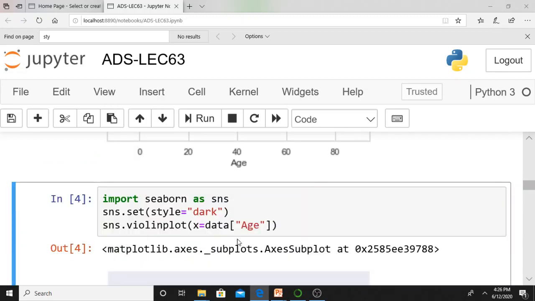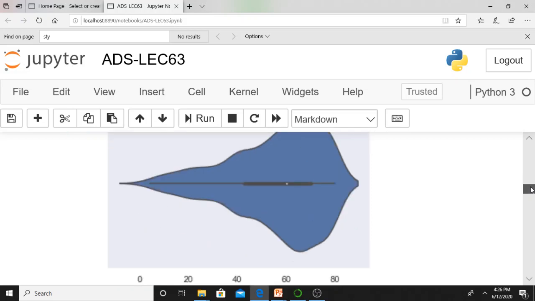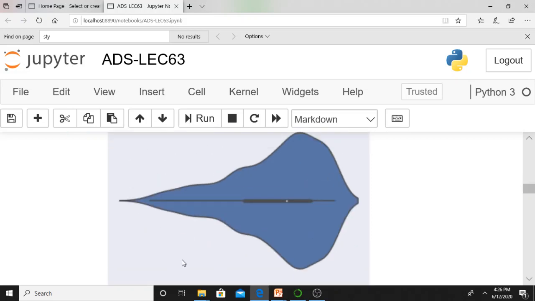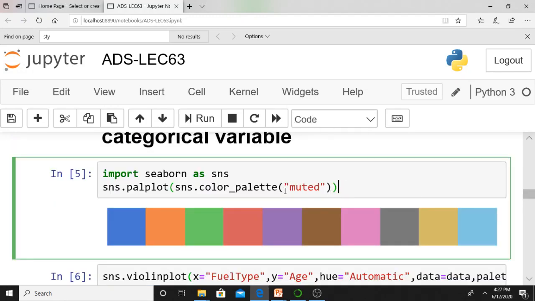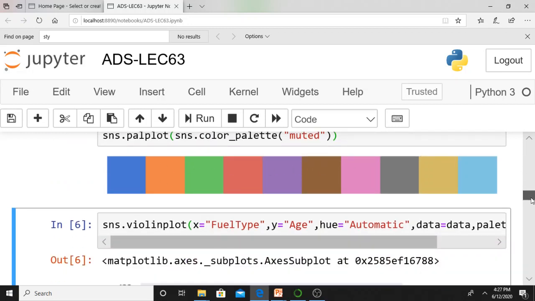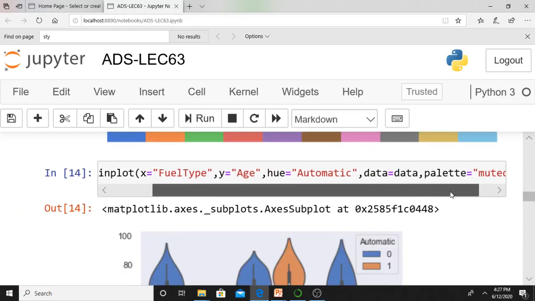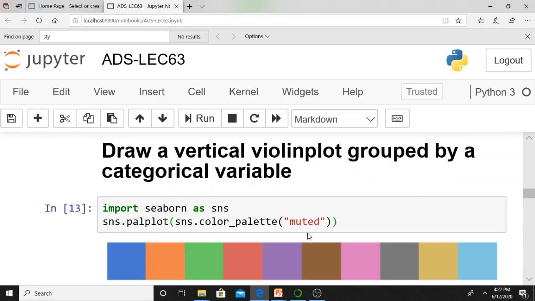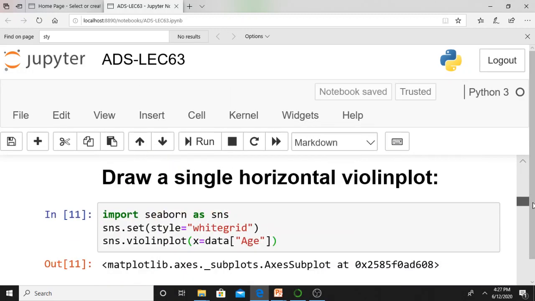And next, here I am saying style or theme. Your theme is dark. If it is dark, what happens? You can see the difference in output. Earlier it was showing some lines. This one is known as dark. This background is dark, isn't it? It is simple and straightforward. What it says, a muted palette. Your palette may take different values. These are the possible values. If you want, you can construct a palette. Here I am giving palette equal to muted. From this palette it is collecting colors and displaying your violins, isn't it?